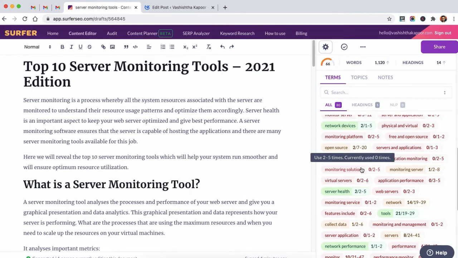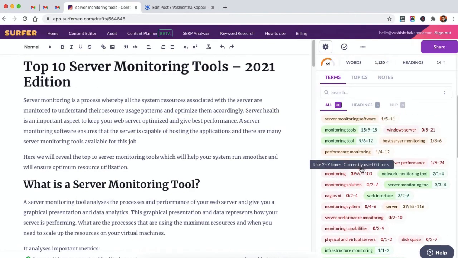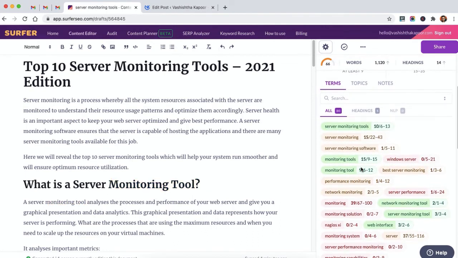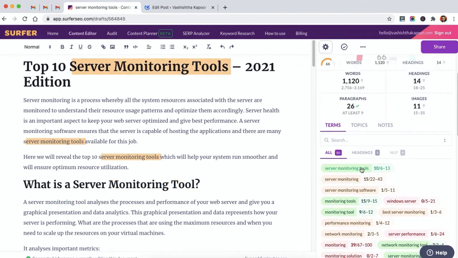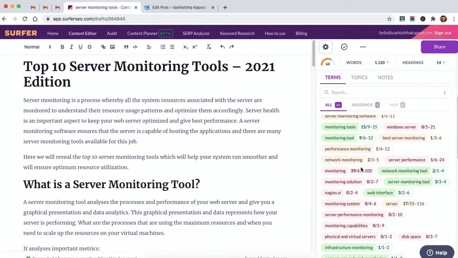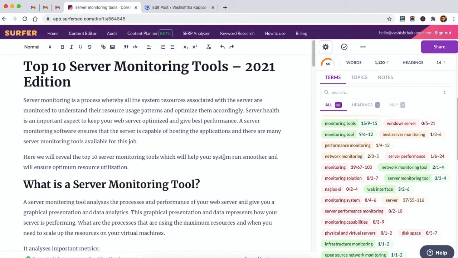You can't go ahead and start optimizing content and add all these content terms in your content today or maybe in a day. It's not possible. You need to continue optimizing your content, edit it every day and paste it in your live content, and see how it goes, how it improves.